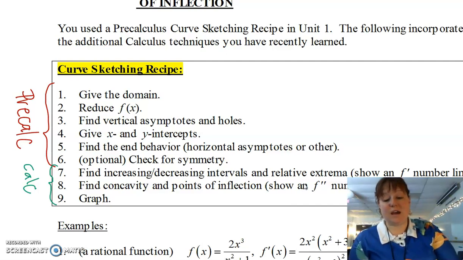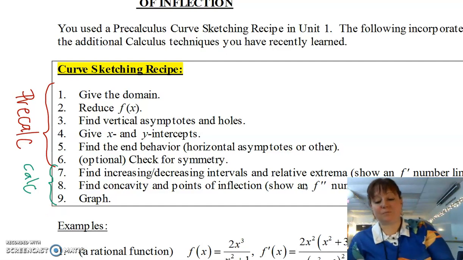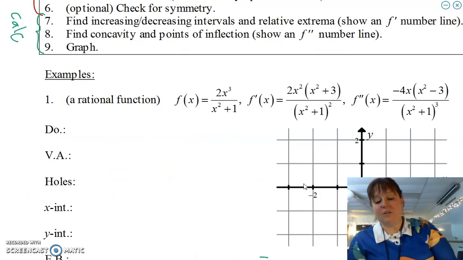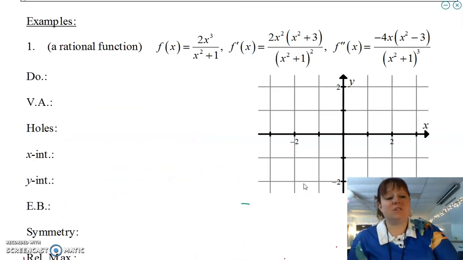Now with calculus, we have new tools that we add. So we do all of that stuff first, and then we find the increasing and decreasing intervals and relative extrema, we find concavity and points of inflection, and then we graph. So let's see what it looks like. Here's a rational function right here, and let's just get started. So the domain, what's the domain of this one? Well, remember,